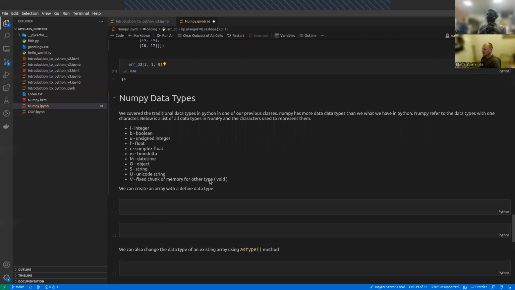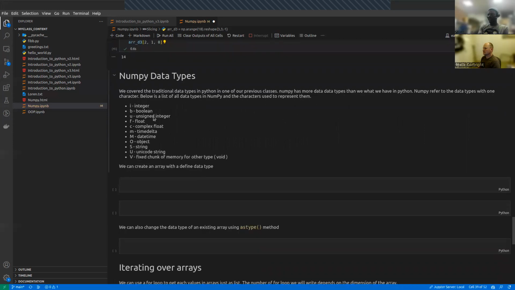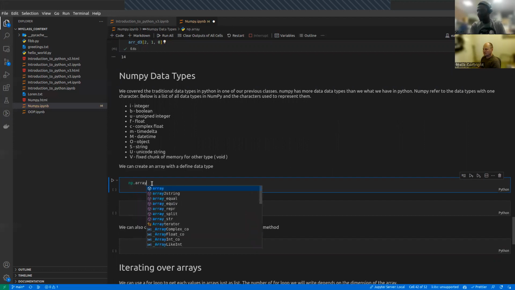For NumPy, we have some other data types in addition to the ones we have in traditional Python. But NumPy refers to the data types with one character. So integer is I, Boolean is B, and all that. So the thing is that when we create a NumPy array, remember, we can create a NumPy array